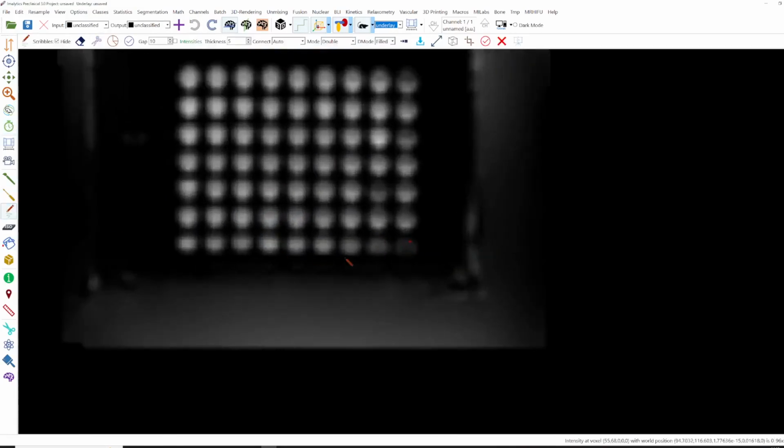And first we have to define regions, and I will use the scribble drawing for this. So I will call it A. I press F3, F4, and then F1. And also here the next region, I will call it B. F3, F3, F4, F1, and the last one C, in a similar way. Okay.